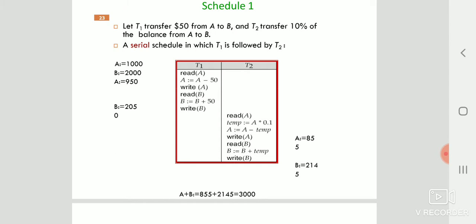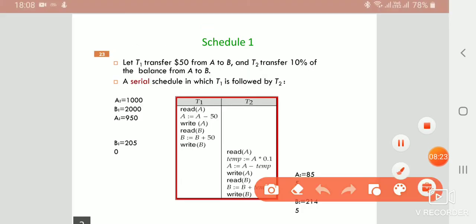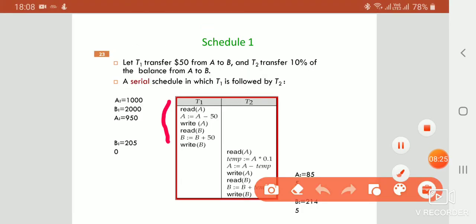Why we call it a serial schedule: all the instructions of transaction T1 are read first, then all the instructions of transaction T2 are read. First T1 is executed, then T2 is executed, one after the other.